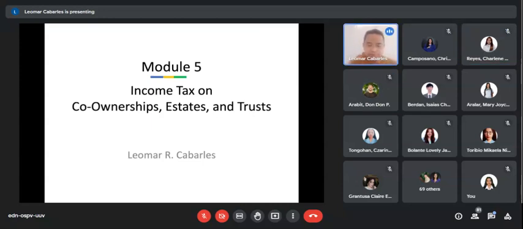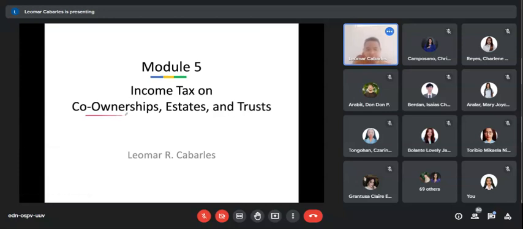We were able to discuss taxation, income tax for individuals and for corporations. So yung dalawang yun, very important topics yun, kasi generally, there are two types of taxpayers, individuals and corporations. So we're going to discuss income tax on